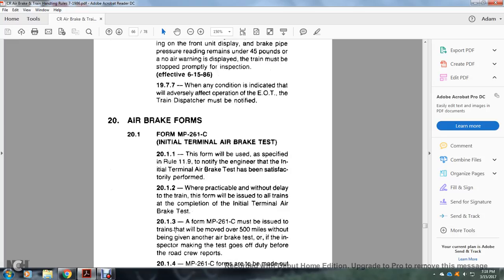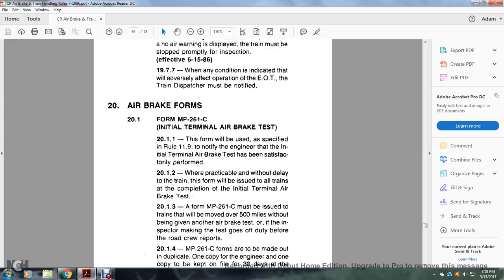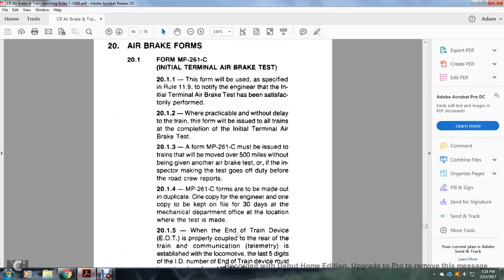A form MP261C must be issued with a train that may be moved over 500 miles without being given another air brake test, or if an inspector goes off duty before the road crew reports. MP261C forms are to be made in duplicate: one copy to the engineer, one copy to be kept on file for 30 days at the mechanical department office at the location where the